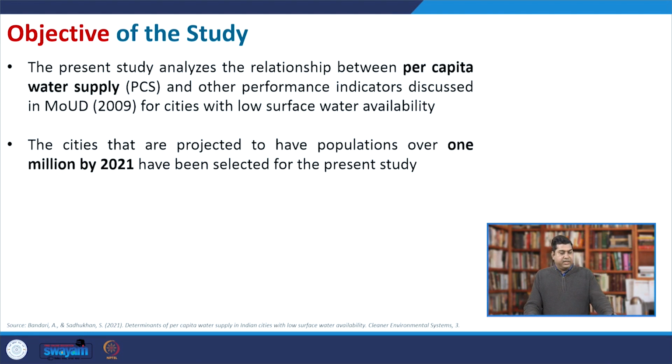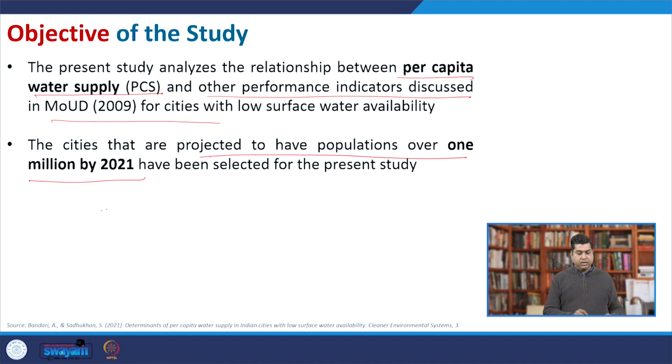Coming to the objective of the study, the present study analyzes the relationship between per capita supply, which we thought of as a dependent variable, and other performance indicators discussed in the SLB, like the other 8 indicators. For that, initially we gathered all the information available from different sources. Normally the urban local bodies publish these papers on their local government website or different dashboards. In this case we concentrated on the cities that are projected to have a population over